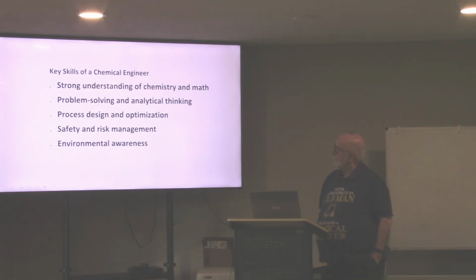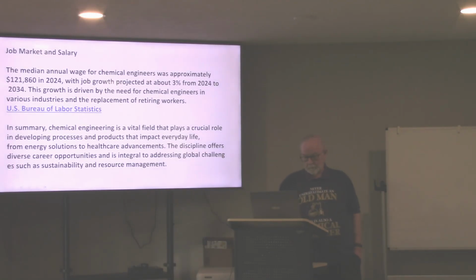The skills, you have to have a strong understanding and love for chemistry and math. And you have to have analytical, where the chemical engineering came in for me is that it was all about problem solving. And so that's a special art and special mental ability or desire. And of course, again, environmental awareness. Everybody's worrying about the environment, and for a chemical engineer today,